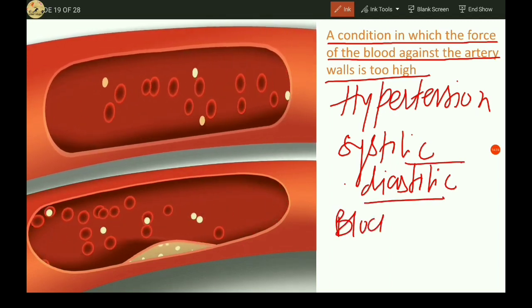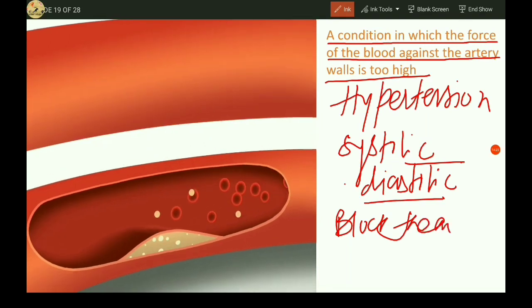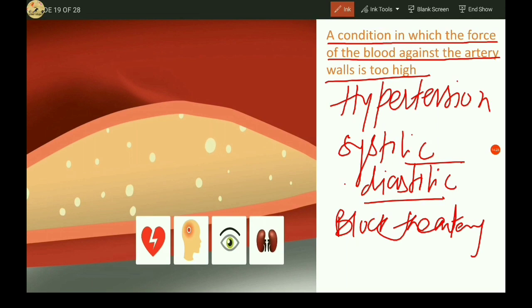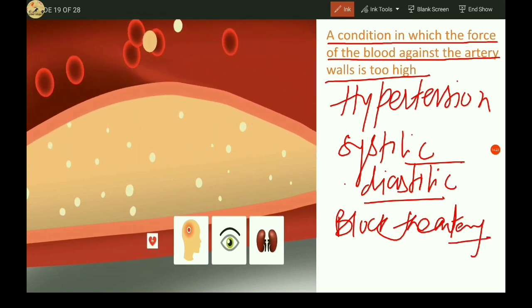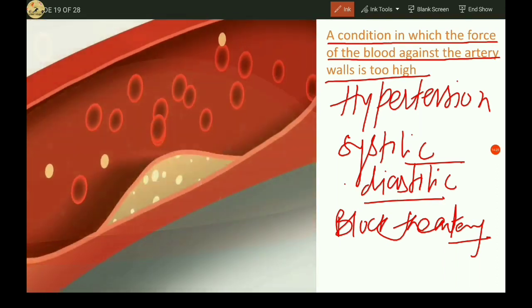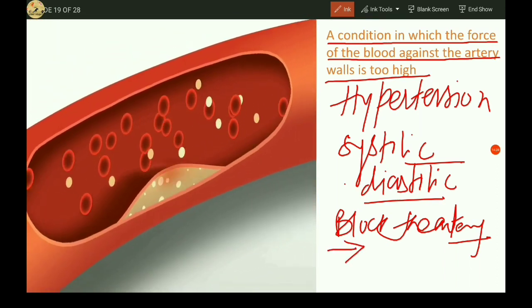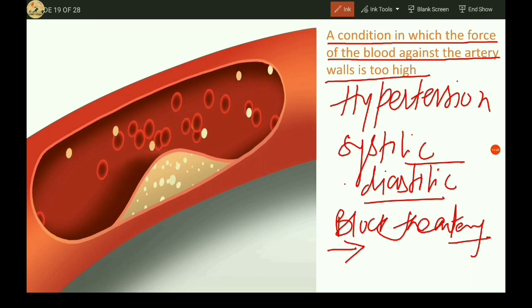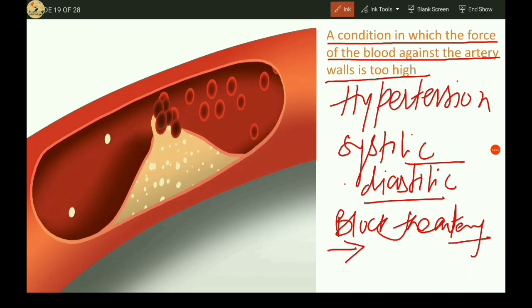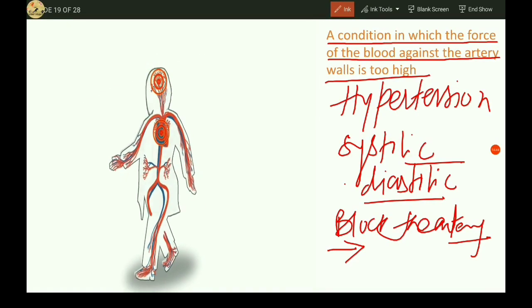Constant high blood pressure puts extra strain on your heart and blood vessels. Over time, this increases your risk of a heart attack or stroke. It can also cause problems for your eyes and kidneys. High blood pressure speeds up the process of atherosclerosis, where fatty streaks form inside the arteries. If one of these cracks, it can cause a blood clot in your arteries. This is what causes a heart attack or stroke.